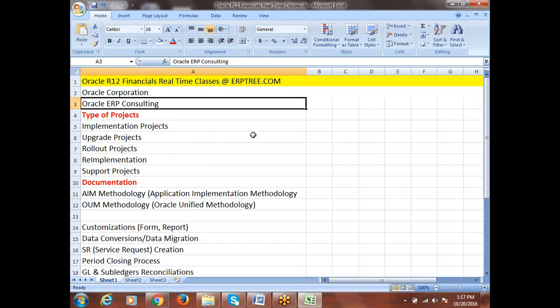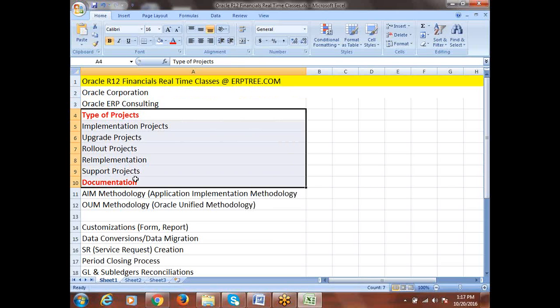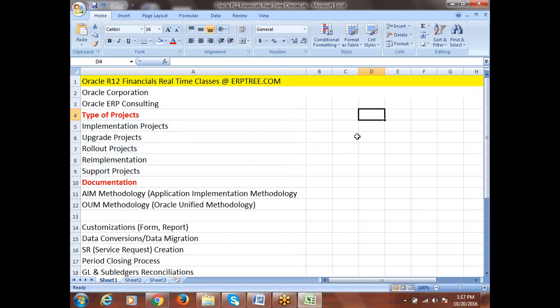Then consulting: how Oracle and other companies have some relation, what base it works on, and so on. That we will be discussing, and how some bidding will happen. Say there is one client called ABC. We'll talk about how sales takes place, how these companies get a project from any client. Before getting the project, what process they follow, how the bidding happens, and what terms and conditions apply when they win the project.